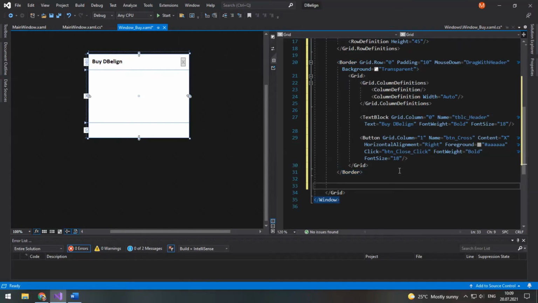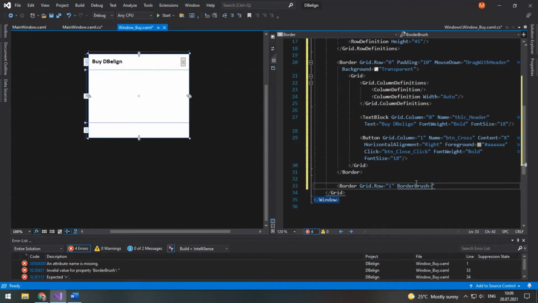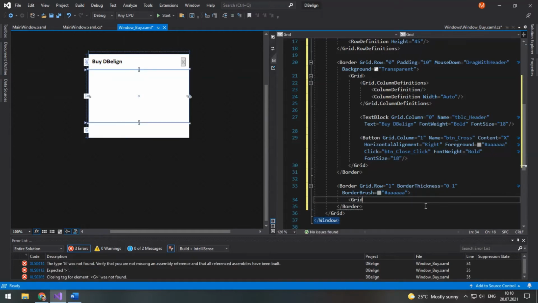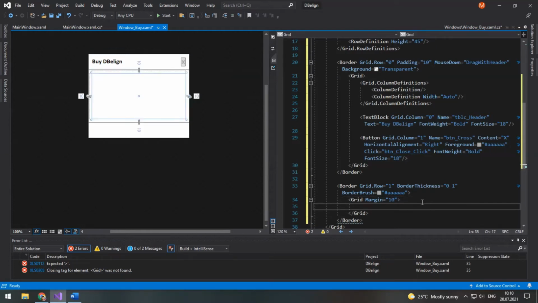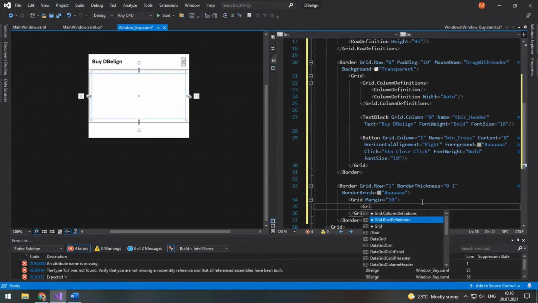Next we will have a border for the content, so border grid row 1, border thickness 0, 1, and border brush again hash AAA. So inside we'll have a grid with the margin of 10 and grid row definitions.